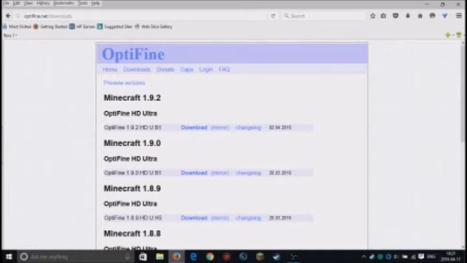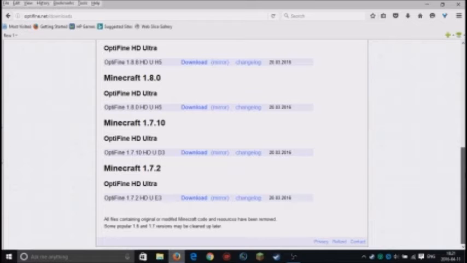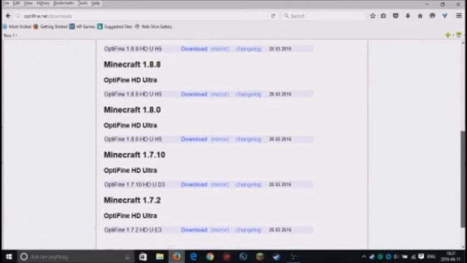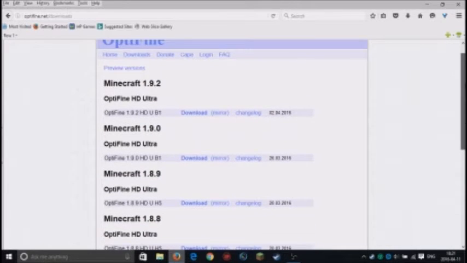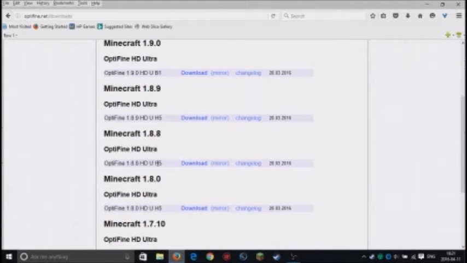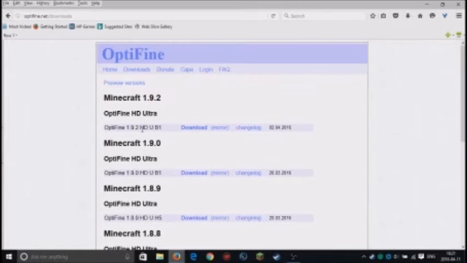Go to the latest version, or whatever version you are wanting to play. They used to have all the versions, but now it's just the latest version, which I suppose makes sense. In this case, I want Optifine 1.9.2, which came out a week ago. That's recent. Anyway, click on